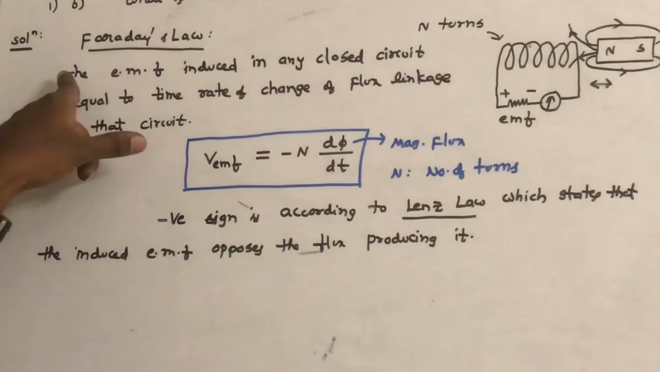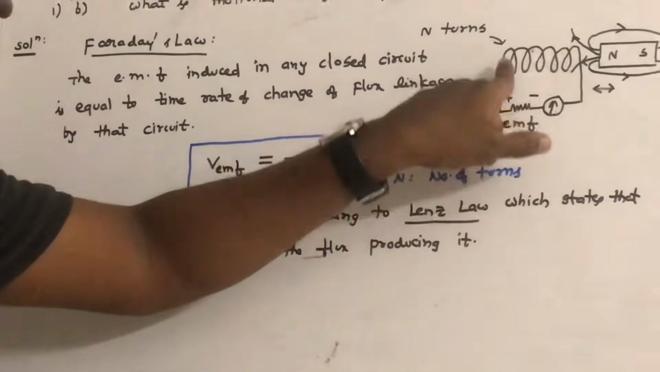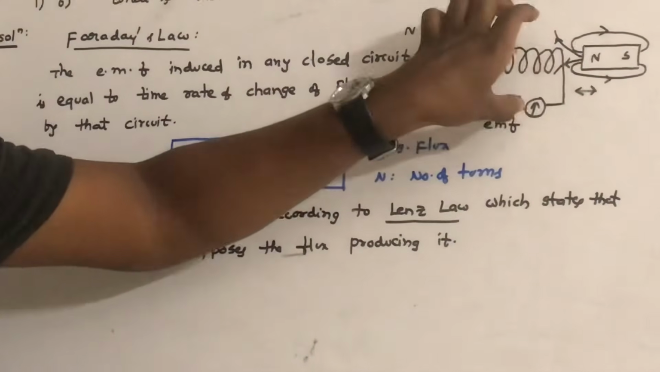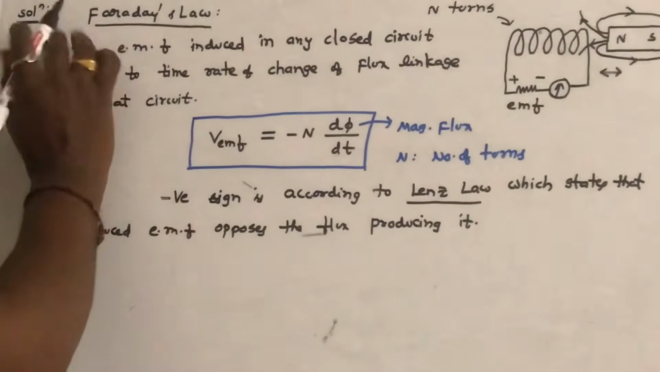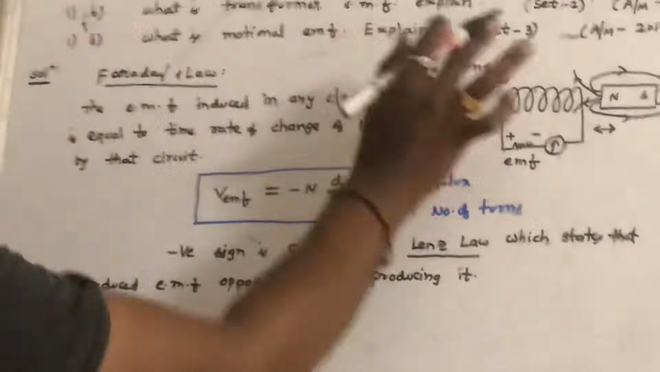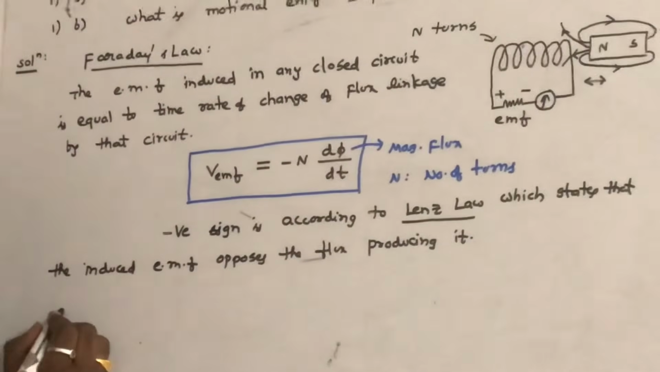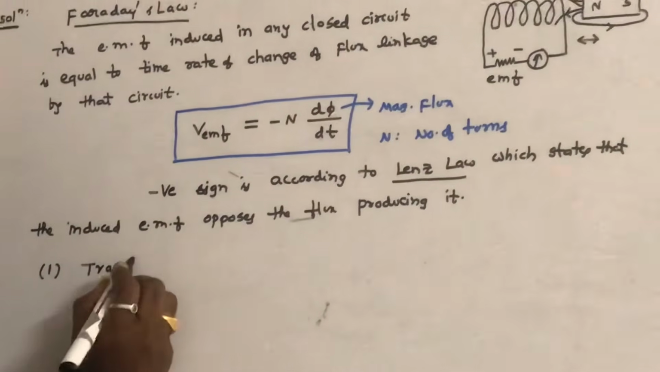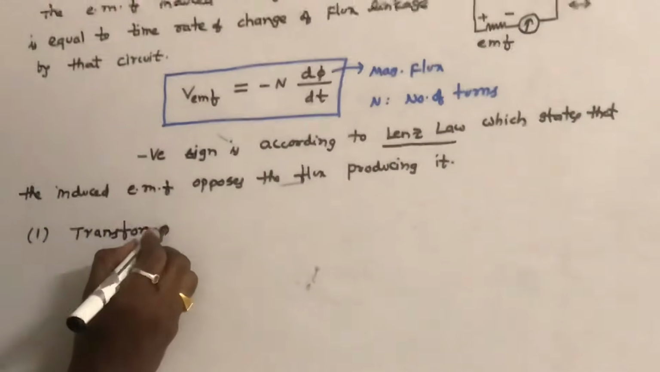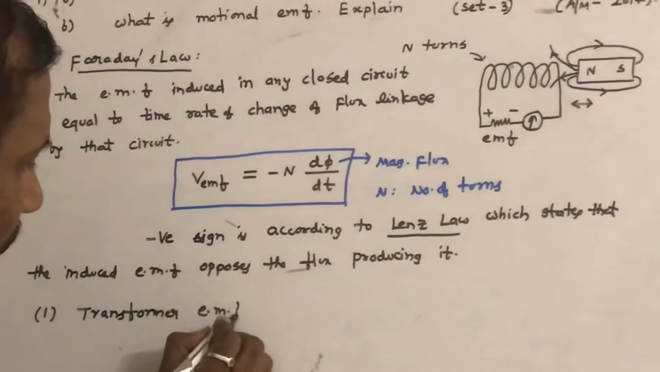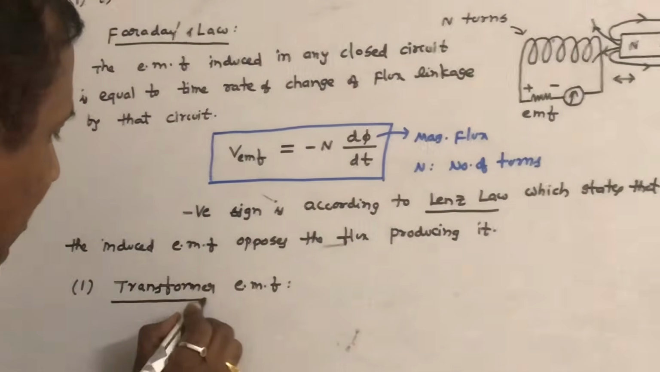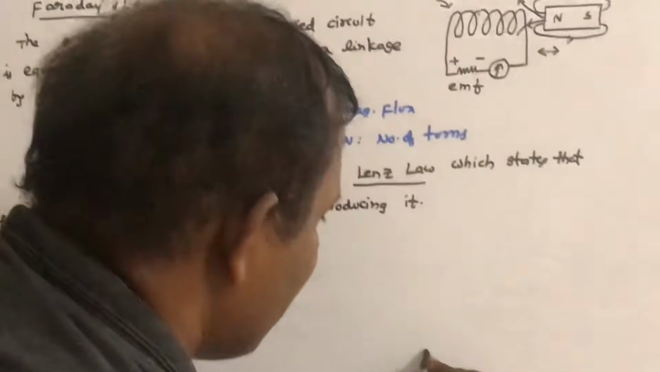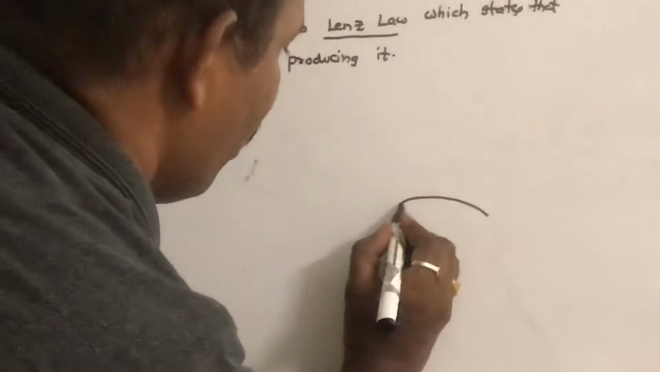What is Faraday's law? The EMF induced in any closed circuit is equal to the time rate of change of flux linkage by this circuit. Based on this, the induced EMF is classified into two types. Number one, transformer EMF. For example, if you consider a stationary loop like this,